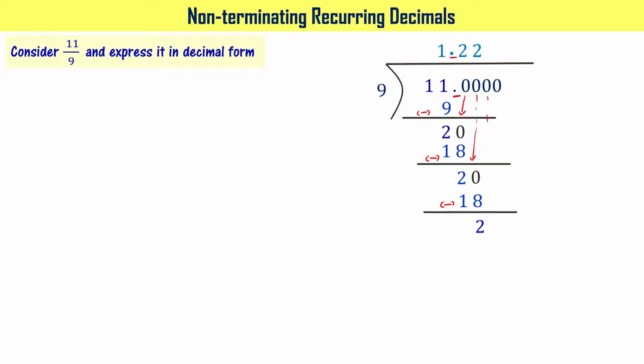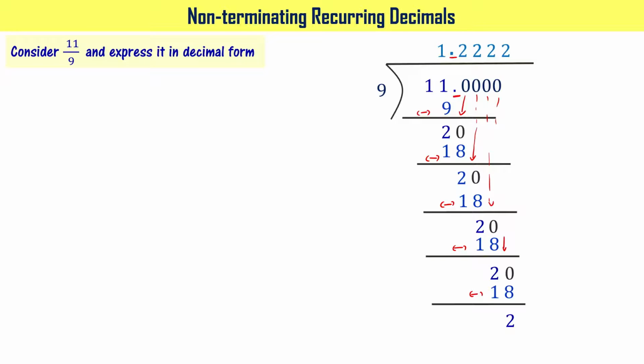You bring down another 0. So the process is sort of repeating, right? But let's do that for some more time. When you subtract 18 from 20, you're getting 2 as the answer, right? Let me bring the fourth 0 I have written up down so that 2 becomes 20. When you subtract, you're getting 2 as the answer, right? It means the remainder keeps on being 2, right?